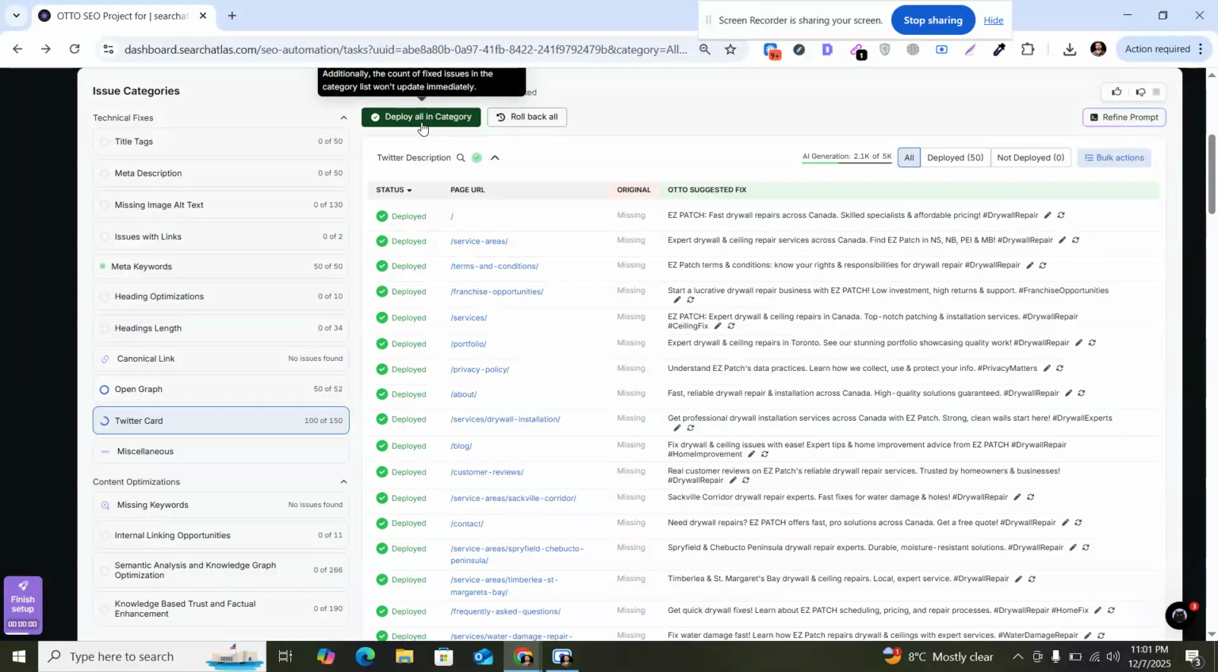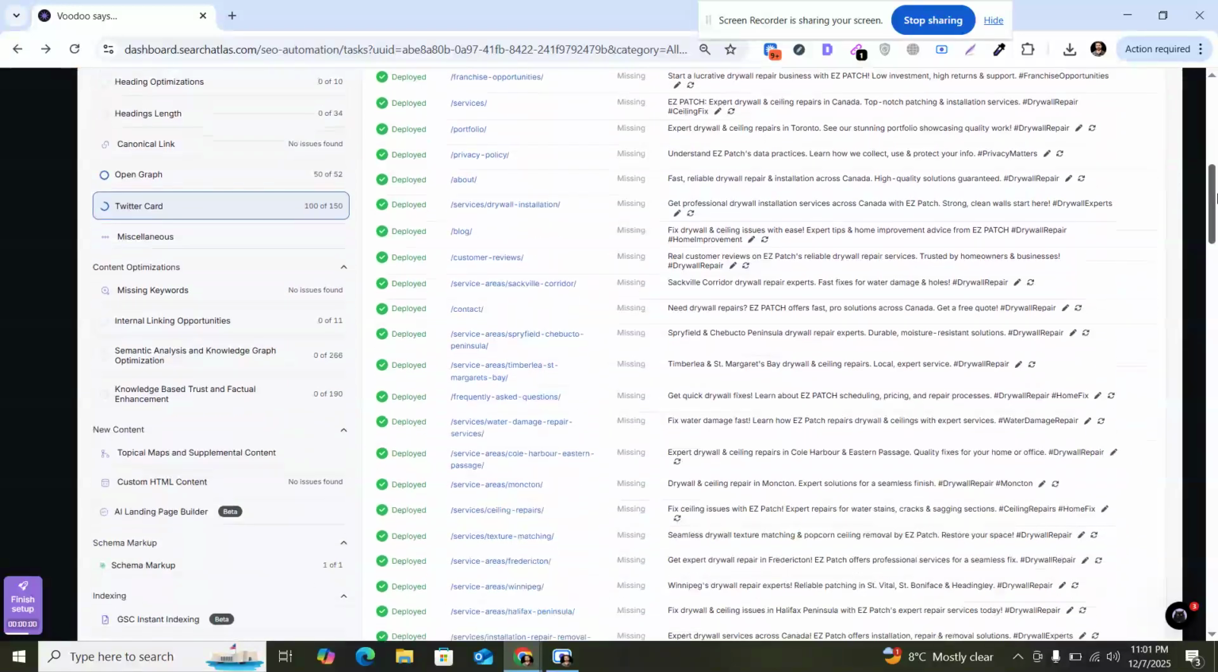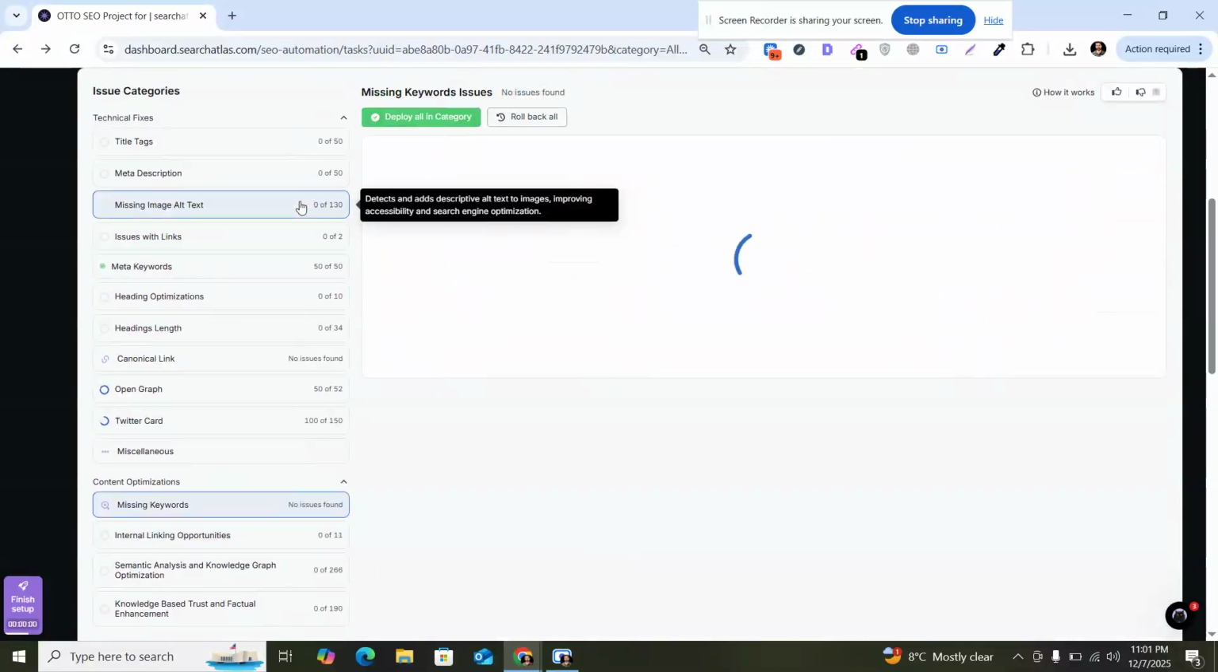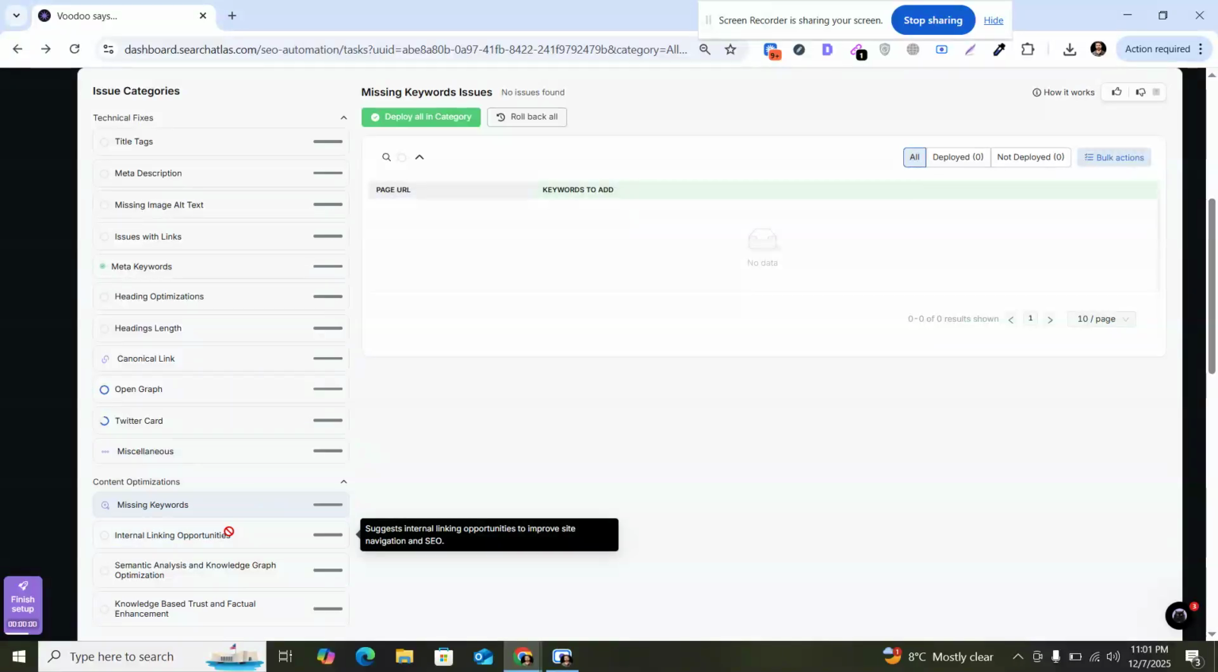That's it, what you can do. This is not a thing that you can give your hour and hour. Okay, then missing keyword, this is also an important thing. Internal linking opportunities, this is an important thing. Let me share, this is the important thing that